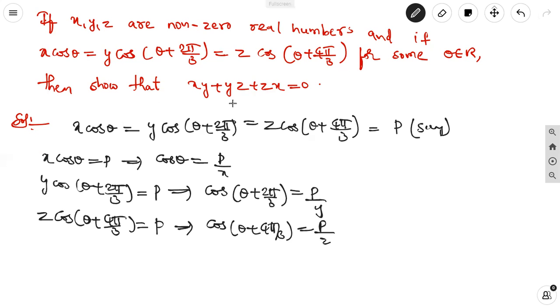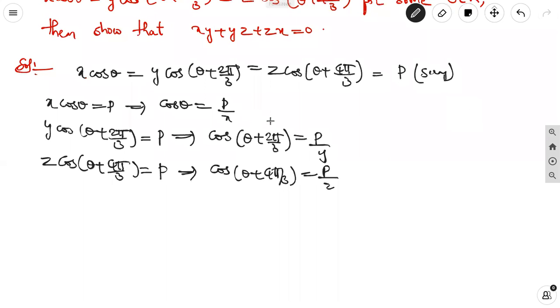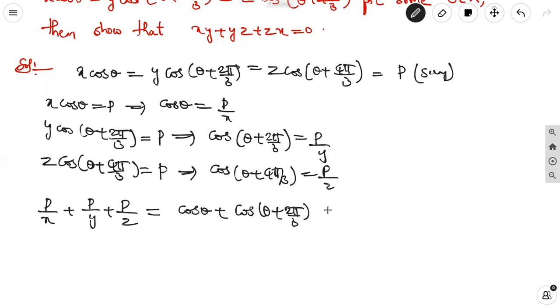What we can show is xy plus yz plus zx. For this, how are we getting it? By adding these right hand sides: P by x plus P by y plus P by z. Then the right hand side terms become cos theta plus cos of (theta plus 2 pi by 3) plus cos of (theta plus 4 pi by 3). Here, taking P common from the left side terms, P into (1 by x plus 1 by y plus 1 by z)